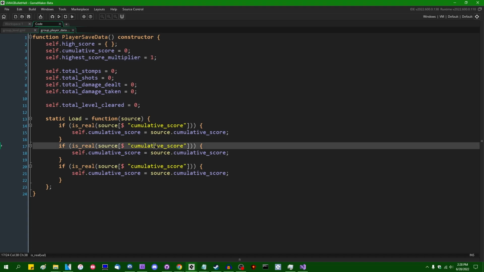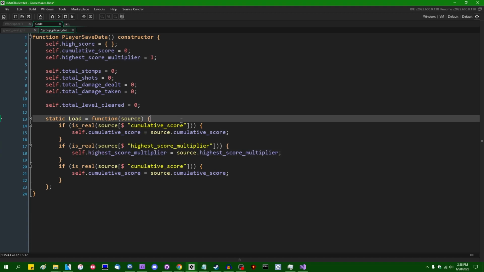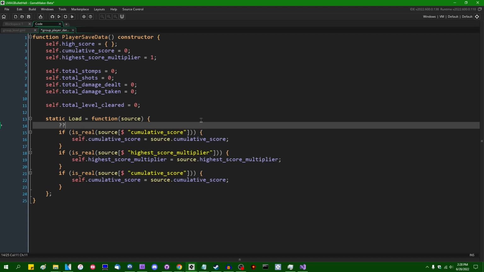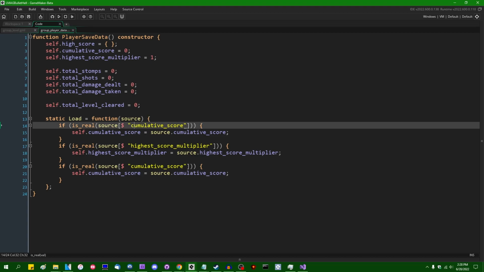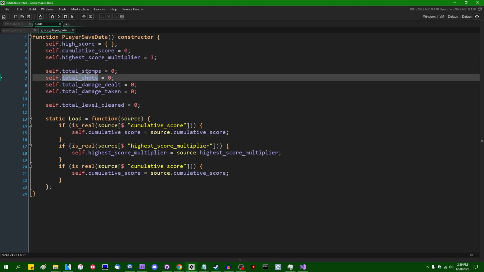So we have the cumulative score, we have our high score multiplier. Oh, you know what? Oh no, never mind. I was going to say the null coalescence operator was kind of added for this, but I also want to validate the type, which you can't really do with the null coalescence operator. That would only check if the value exists, if it's not undefined. So we have that. Total stomps